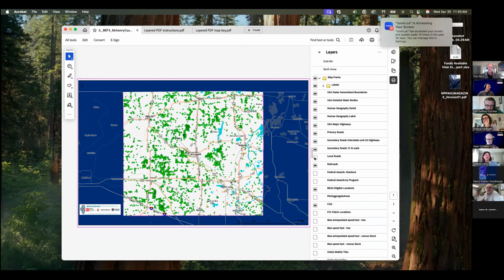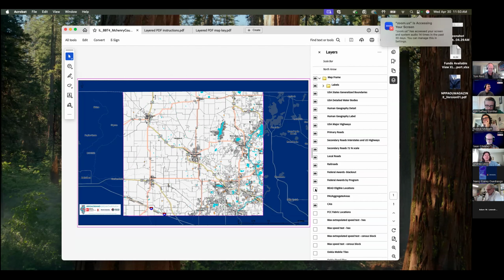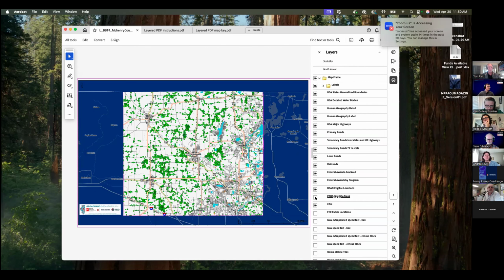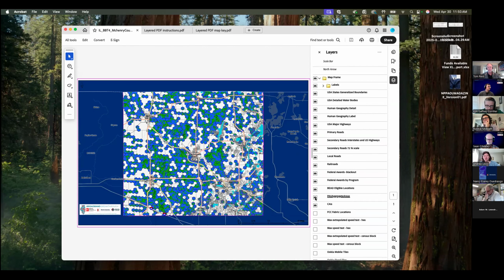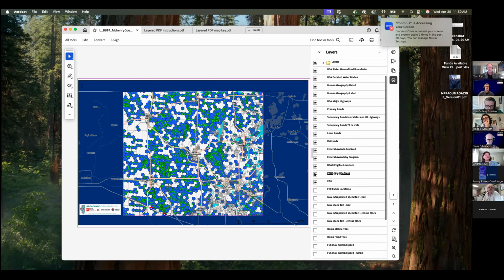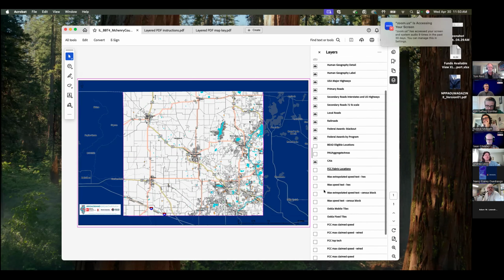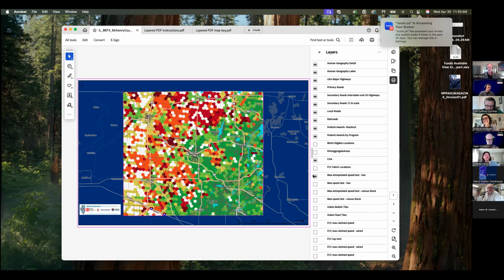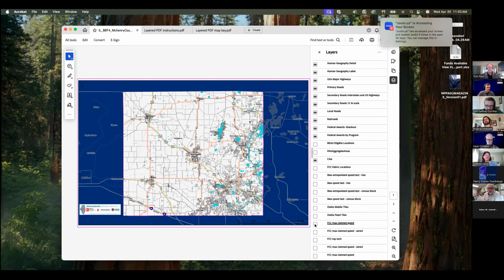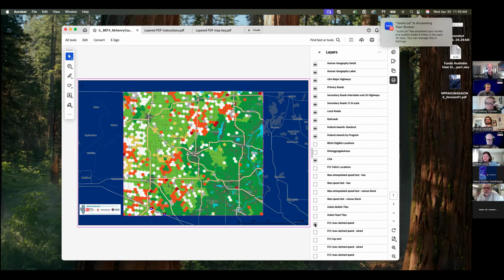So you can turn them off and on to see if you have award blackout areas, what the project areas have been awarded by the state of Illinois, and most importantly, you can also see all the speed testing and the FCC claimed speeds on here as you're working with your teams in your office.